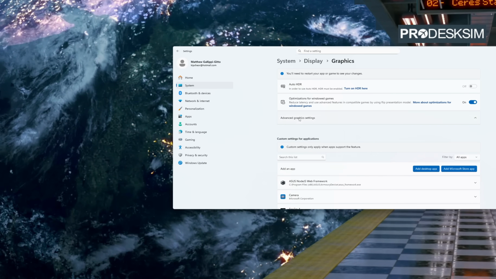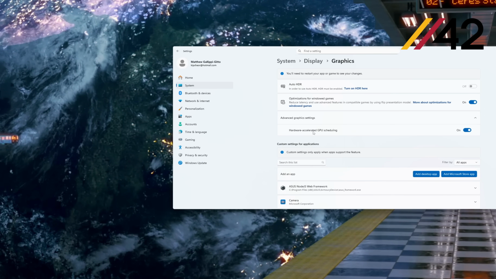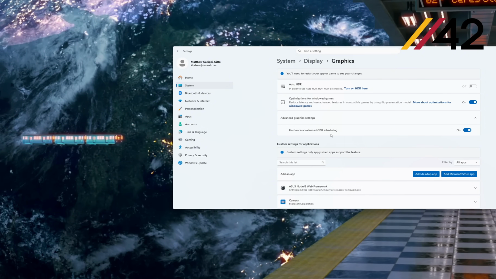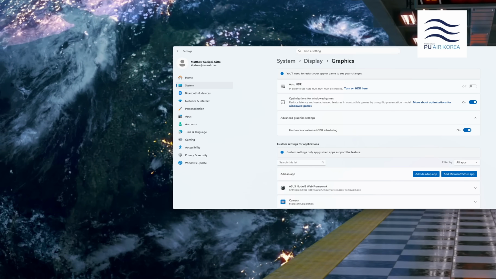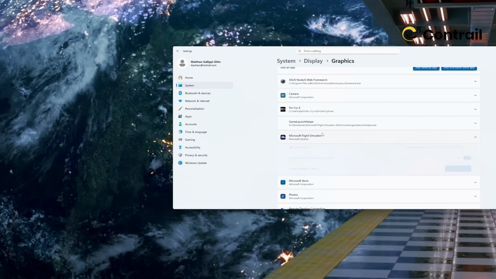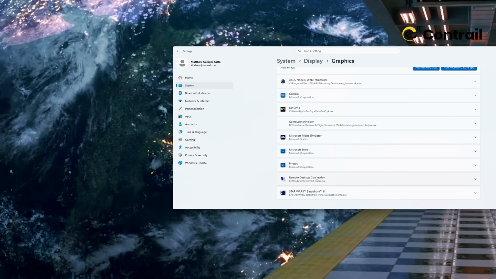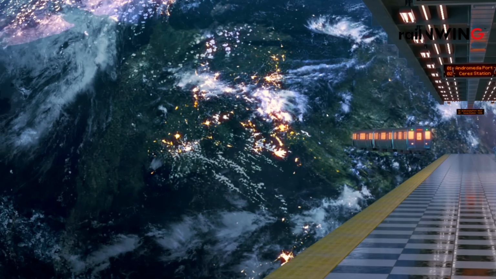And advanced, there it is. So hardware accelerated GPU scheduling. For me, my game runs worse with this off, so I keep this on as well. You can also check in here if it's set to high performance for yourself, but it doesn't really matter too much. Okay,